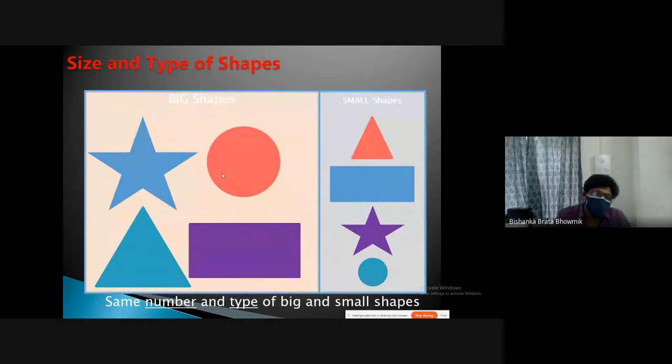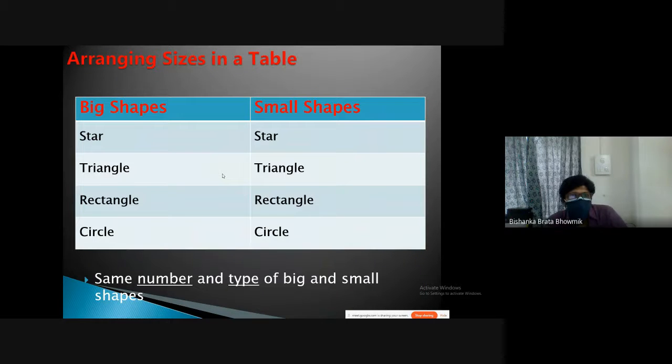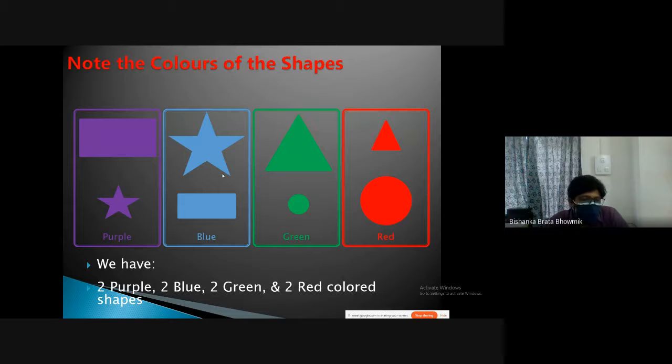So now these are the things we made based on this shape, and then we can make based on this size, right? Smaller one, larger one. Also, we can go based on this color. So there is a purple one, there is a blue one, there is a green one, there is a red one. So the main motto of doing this is that they should be able to classify any object based on some given entity.